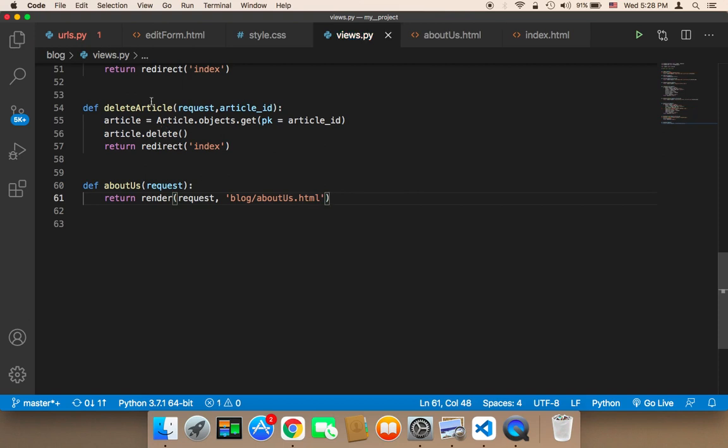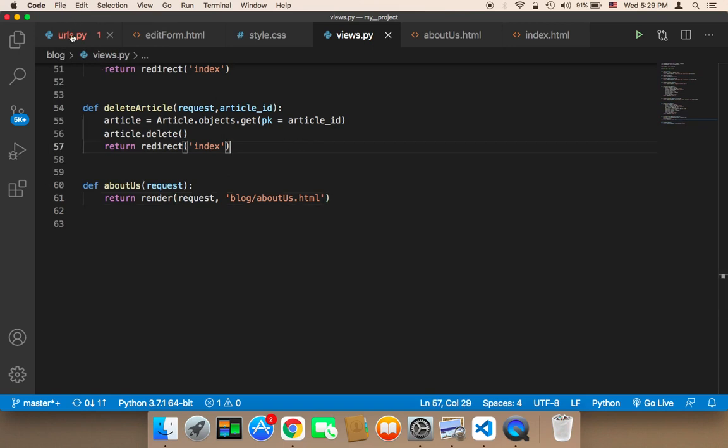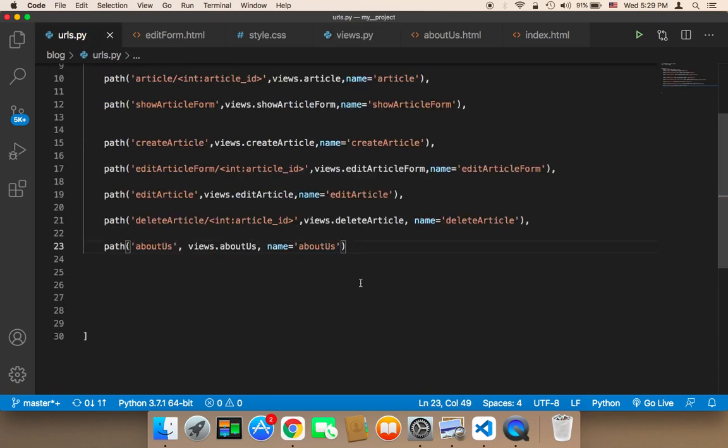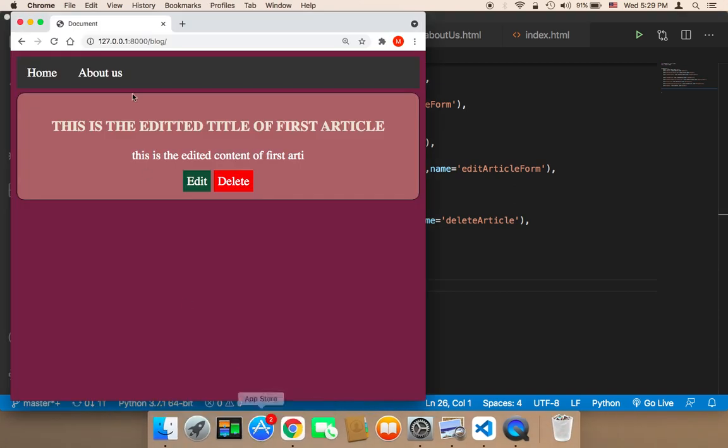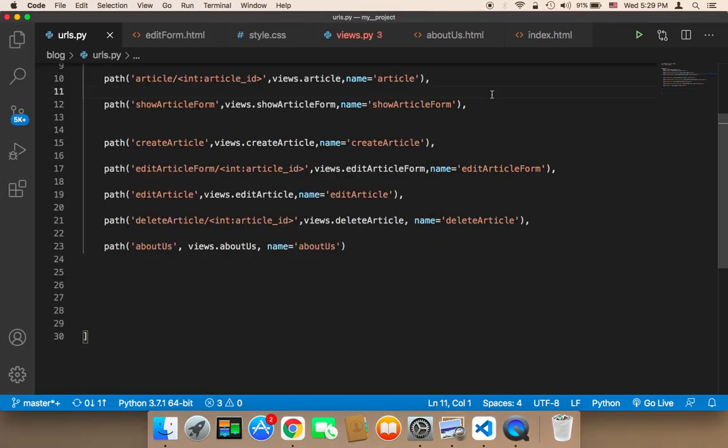Let me now save everything. I'm going to click on File, Save All, and make sure that you don't have any errors. Let me now head over to the browser and refresh. Now in the browser, if I refresh and click on About Us, it's going to take me to the About Us page. But the About Us page is empty, so we need to fill it